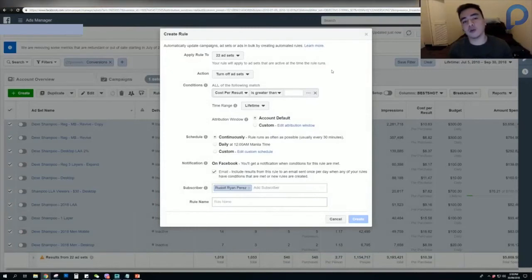Going back to the automated rules, I want Facebook to turn off any ad set out of these 22 ad sets. Kung, example, gumastos na siya ng 500, okay, spent is greater than, well, this is in dollars, so spend is greater than mga $10, which is 500 pesos. So if spent is more than $10